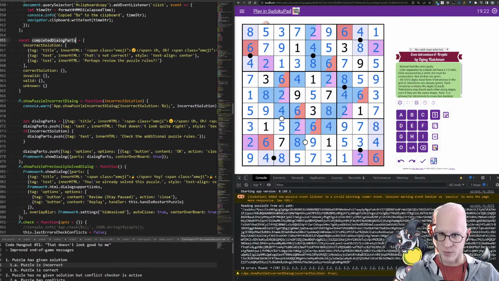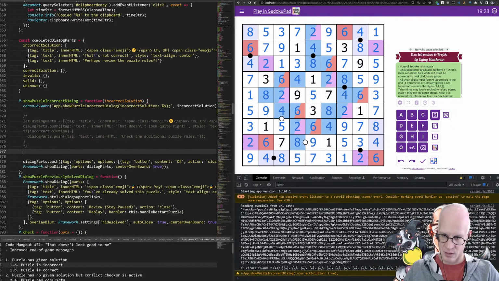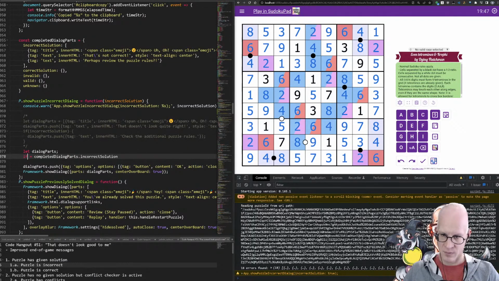So if we do this, now run the checker. Oh, wait, we actually have to use this. So instead of this, now we're gonna say let dialog parts equals completed dialog parts dot incorrect solution. If incorrect solution.